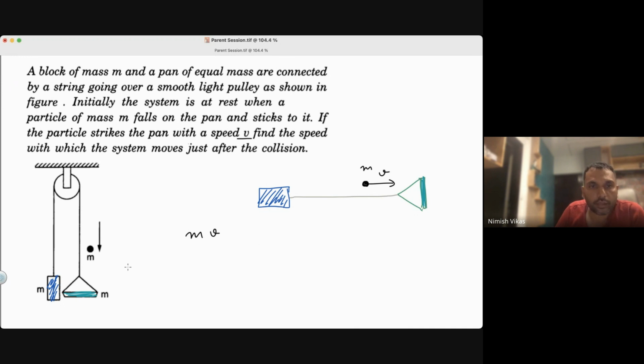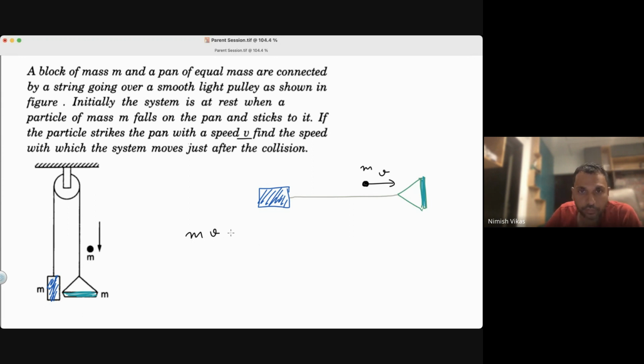In a pulley, if I'm pulling this down with say F force, then it is as good as trying to pull this up. Is that clear? With the force which is transmitted through the tension and all. Okay, now, anyway, so this question,